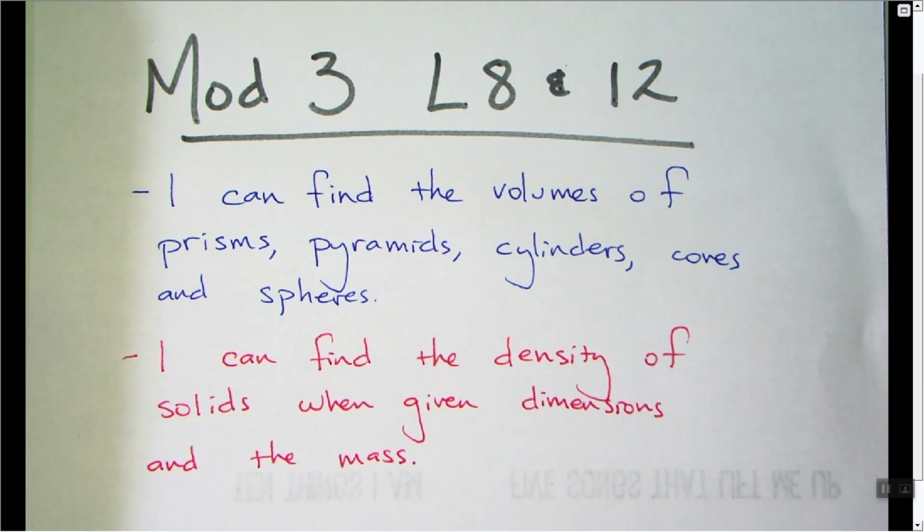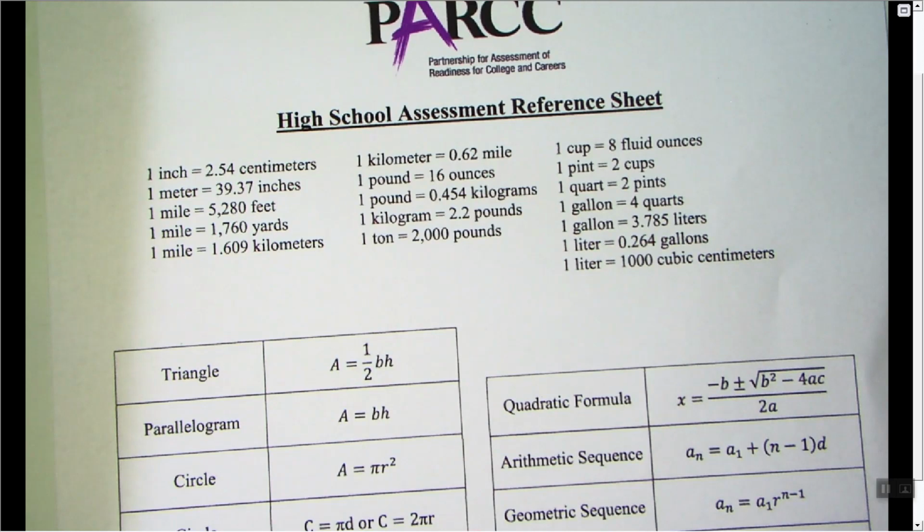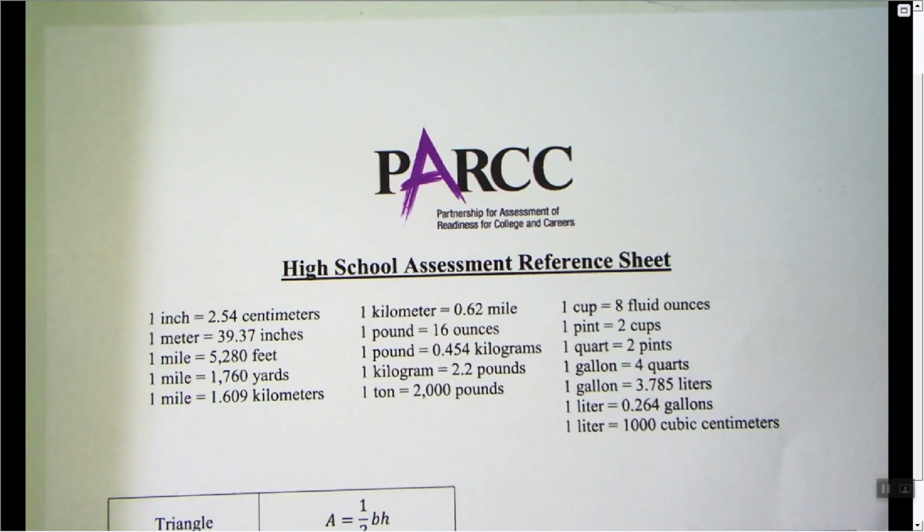This video is about Module 3, Lessons 8 and 12. And in this lesson, we'll talk about how to find the volumes of prisms, pyramids, cylinders, cones, and spheres when given the formula. And we're also talking about how to find the density of solids when given dimensions and the mass. Let's get started. We've used this Park reference sheet in the past, and luckily a lot of it has